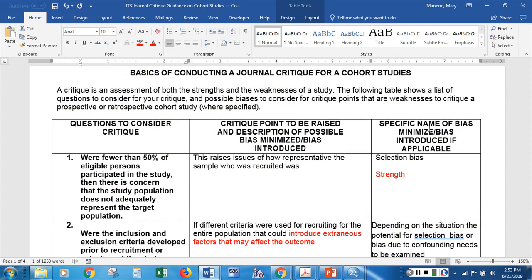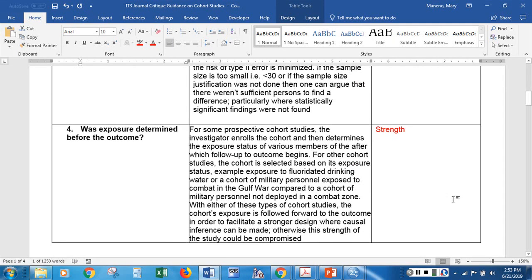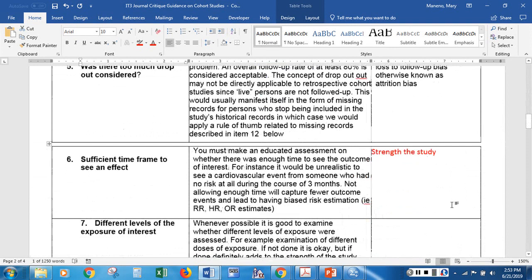But overall, I believe you have more strengths than weaknesses, and so your critique of the research design and the approach should be reflective of a study that's between fair and strong. I would classify this as a strong study for the most part, because the major weakness, in my opinion, would be the external validity. But again, I'm trying to help you develop a critical mind to come up with your own assessment. If you were able to justify this as a fair study, I would also give you credit for that, because that is your own opinion, but also grounded in fact. And that will end how to do a second